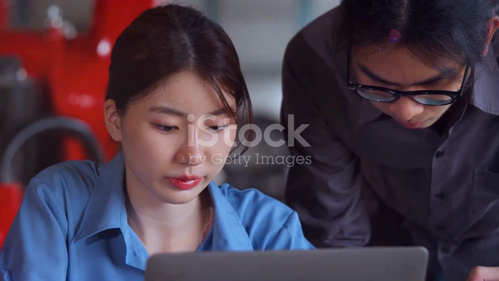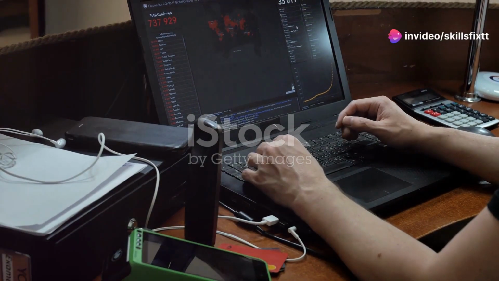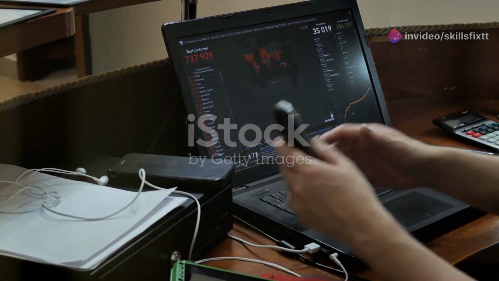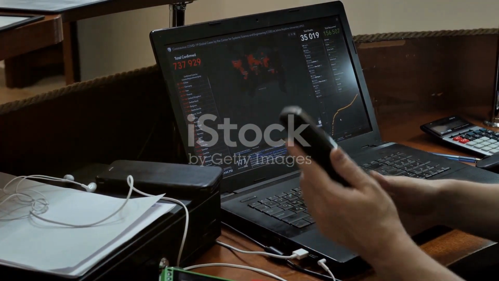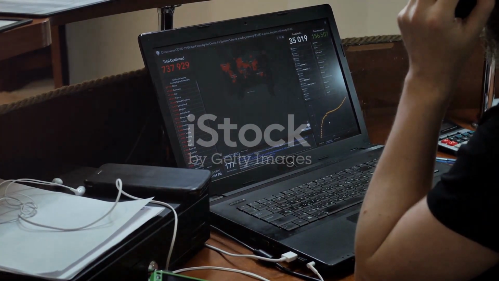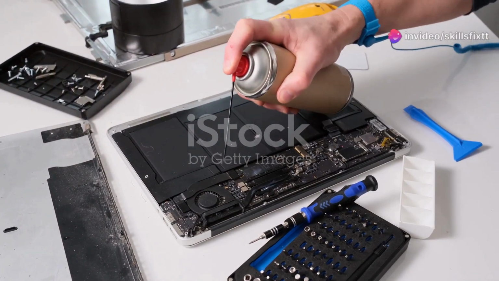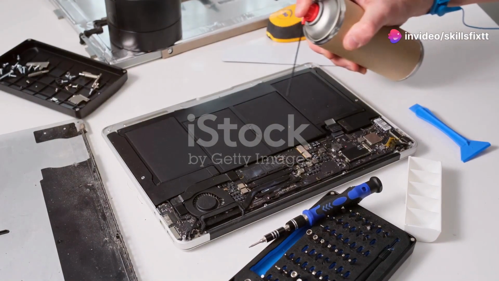Sometimes background apps are the problem. Press Ctrl+Shift+Esc to open Task Manager, head to the Processes tab, and look for anything suspicious. Right-click and select End Task. Restart and check if the issue is gone. Overheating can also cause flickering. Make sure your laptop has proper ventilation, clean the vents and fans with compressed air, and consider using a cooling